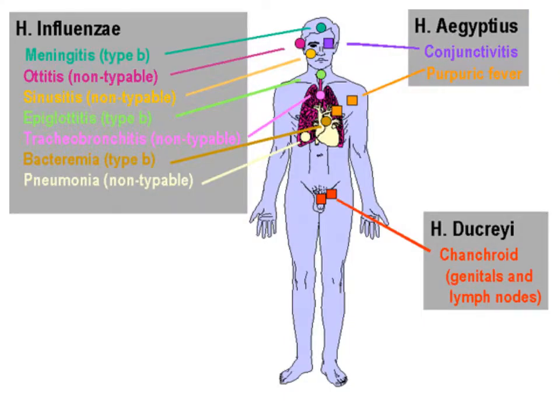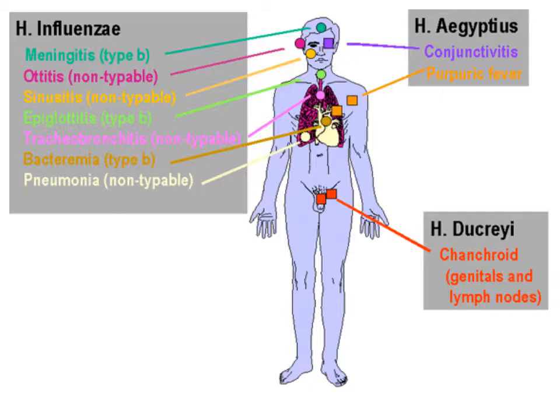Now, if you look at the clinical picture, you can see from here on the left-hand side, H. influenzae, typically meningitis. So that's where it used to hit children, because they used to have meningitis before we had the vaccine. Otitis, non-typable, sinusitis, epiglottitis. So you can see all these terms ending with itis mean inflammation. So you have all the way upper respiratory tract and lower respiratory tract, all the way till your respiratory membrane